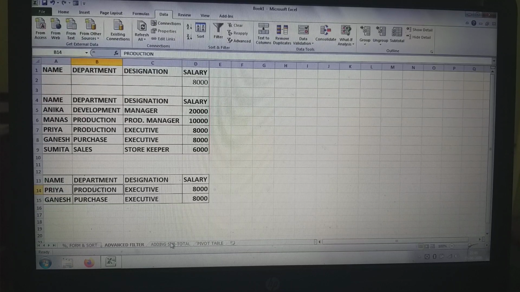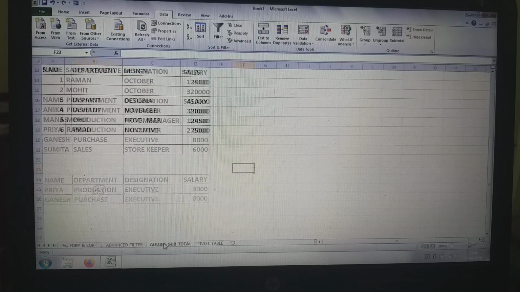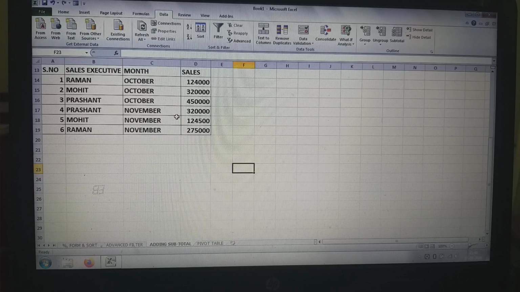Now see how to add subtotal. Now click on this adding subtotal sheet. The subtotal feature helps us to manage, analyze and extract specific information from rows of related data.